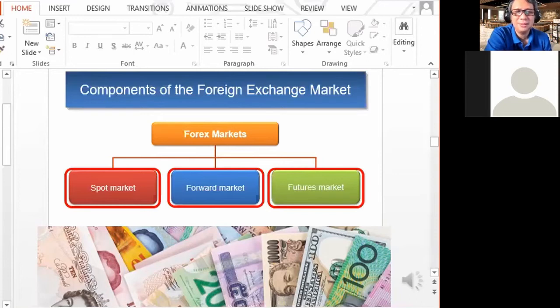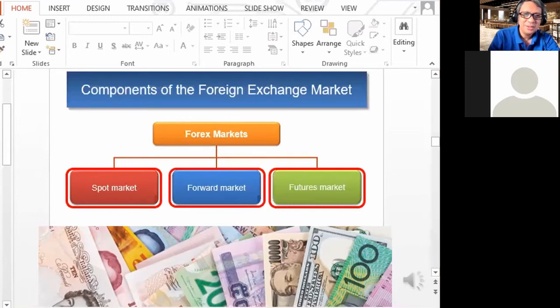Class, questions? That's the forward market. So all types of transactions similar to this are part of the forward market, and then you enter what you call forward contracts. Questions? Actually, this is also discussed in finance. But these markets are actually very complicated, to tell you the truth. I'm just trying to simplify so that you can understand it better. Easy to understand, right?